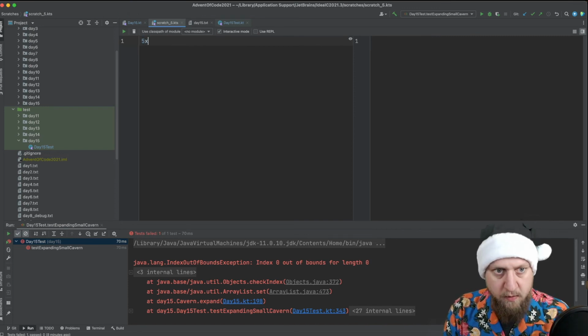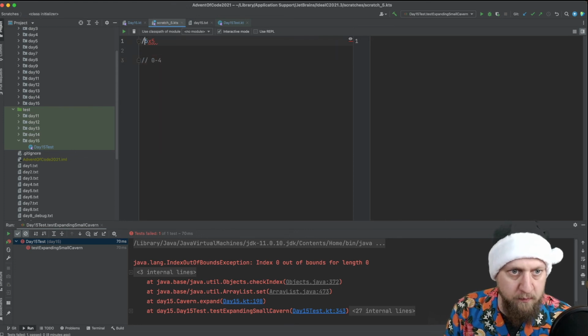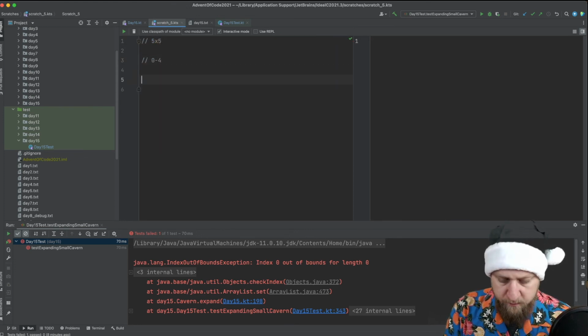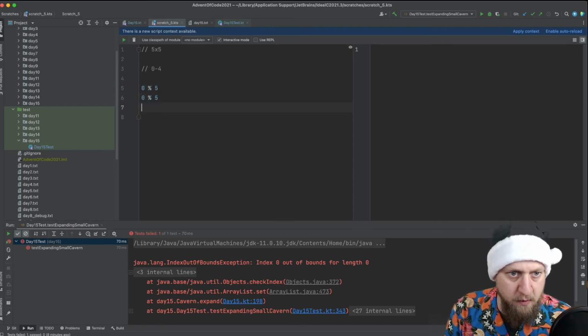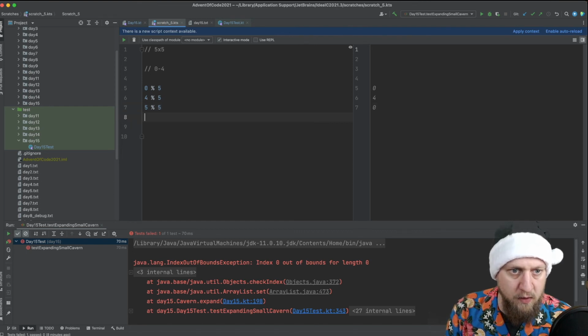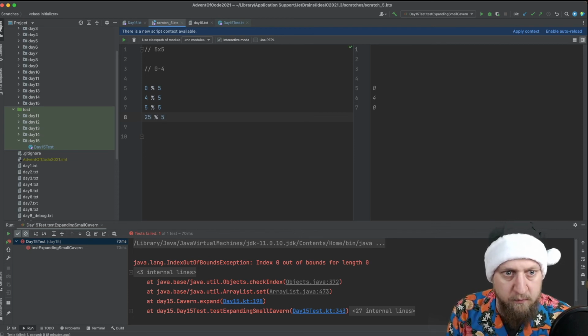Let's say our map is 5 by 5, which means we have index 0 to 4. And we have 0 mod 5, and then at some point 4, and then 5. Let us run, and then at some point, if it does 5 times, we might have 25. Awesome. And now we also need to know